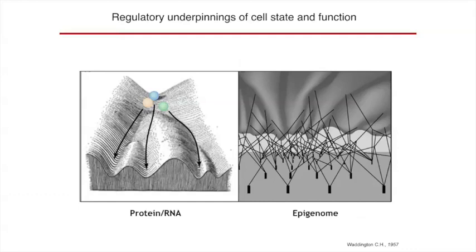So the way that we're thinking about this is that epigenomic analysis might give us really an insight into the underpinnings of how a cell gets there, right? So what's the regulation of the RNA and protein expression, and how might that be inherited over time? Everybody knows this Waddington landscape picture where cells are going down cell fates, and we view this as, you can measure where the cell is in this trajectory using maybe protein staining